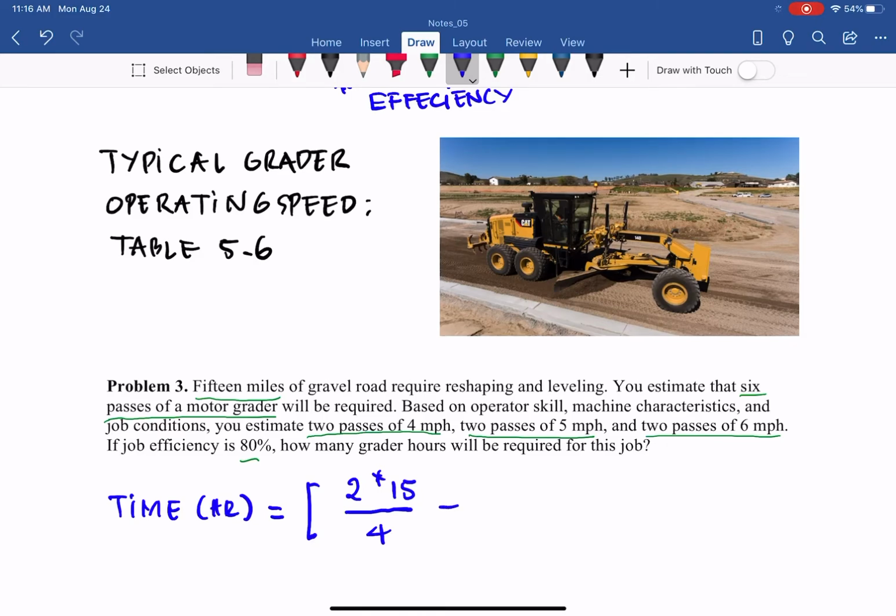We add the next one, 2 passes for the section length 15 miles with the average speed 5 miles per hour. And then we have 2 passes